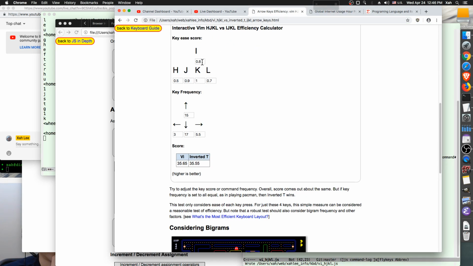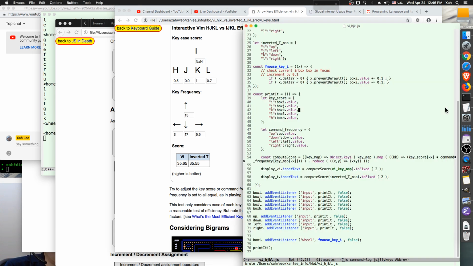Refresh. Oh, it worked, but not so well. Refresh. Increment. Okay, so it is not working so well because box I value plus equals to